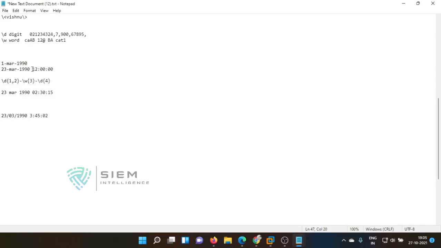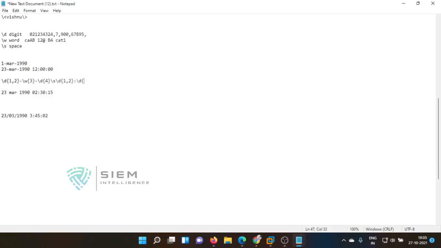For the space, what should we give? We give backslash s for space. Then again a digit, which may be 1 or 2, so I'm giving \d{1,2}, and there is a colon, which we give as it is.